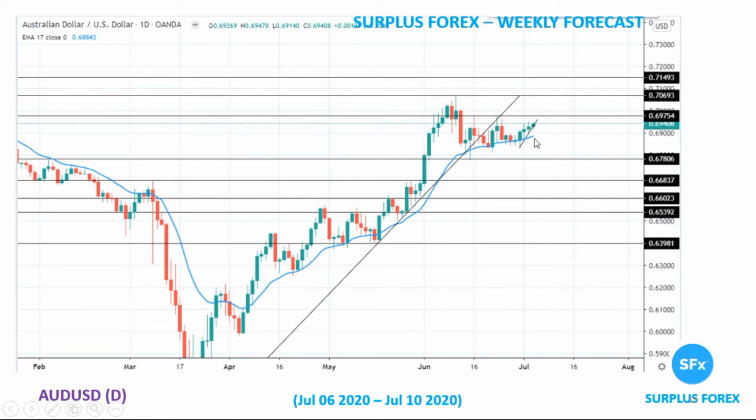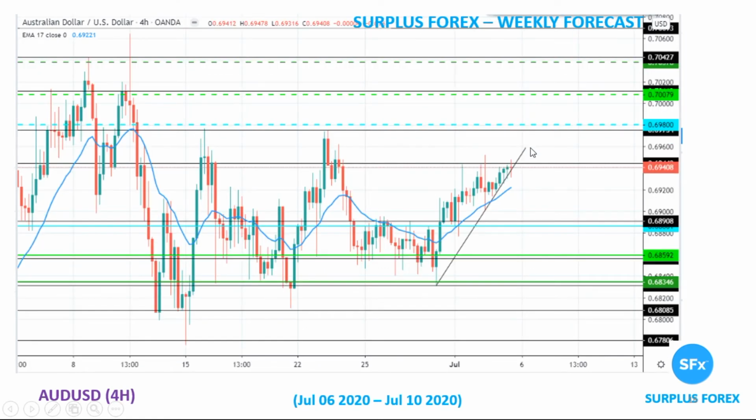So let's take on a 4-hour chart. As of now, it's sitting at 69.40. It's above the EMA, and it's been in consolidation from here for the last week and a half. So let's go on a 4-hour chart. On a 4-hour chart, if it crosses 69.80, makes a good test here, certainly it'll go to 70. That will be our first target, and 70.40 will be the second target.